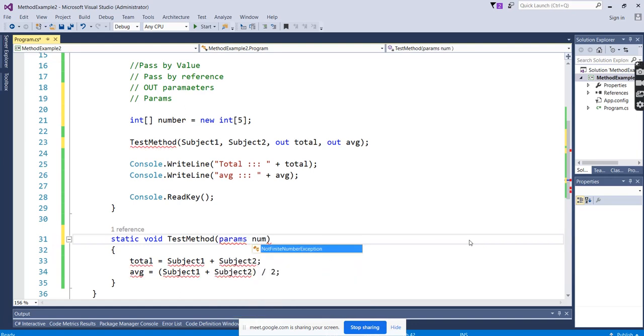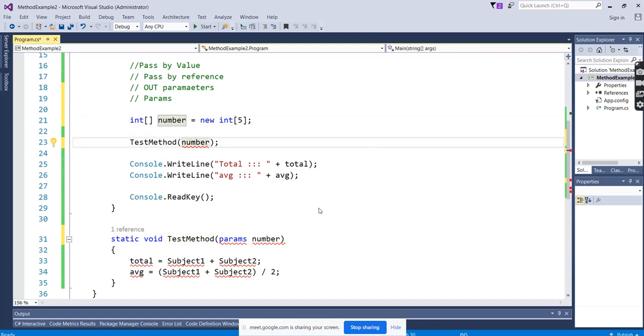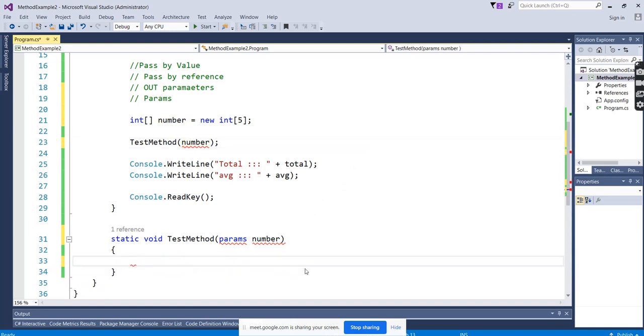Then pass a number. What are the values you are going to pass? Here we are passing an array now. It's an empty array as of now. Okay, why is it giving an error?